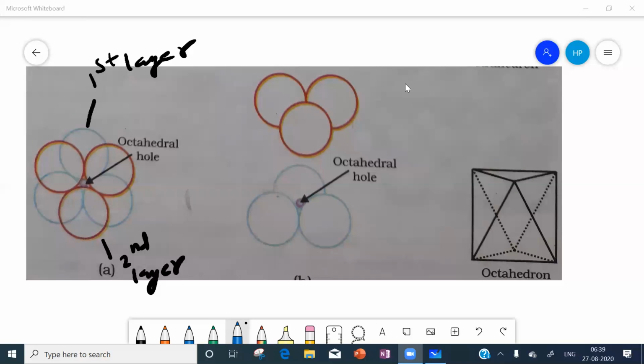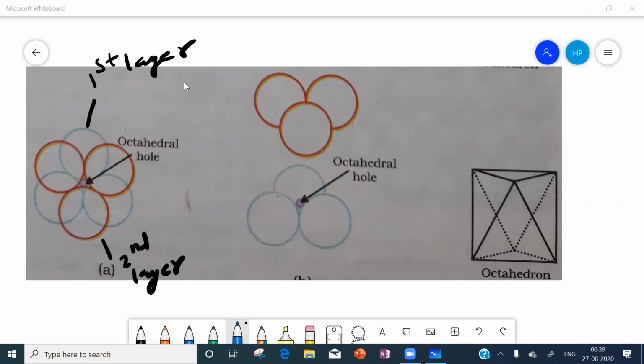In between the first layer and the second layer, the octahedral void is created. Using these two layers, we got the octahedron. We said it like this.